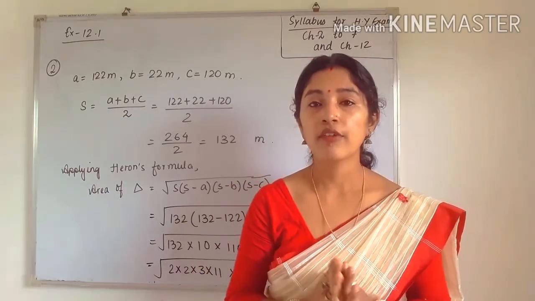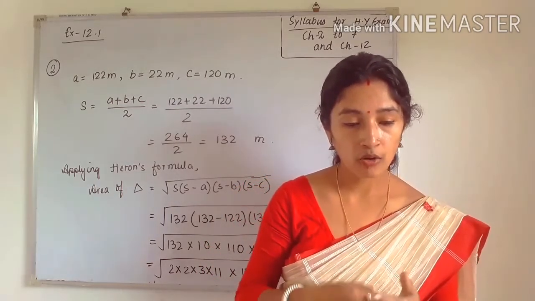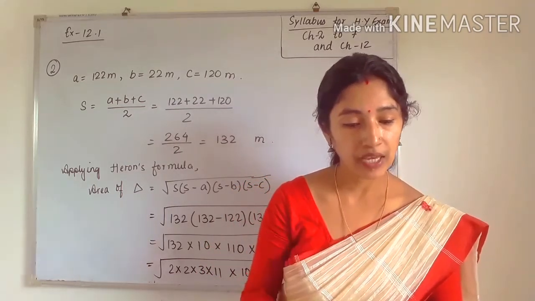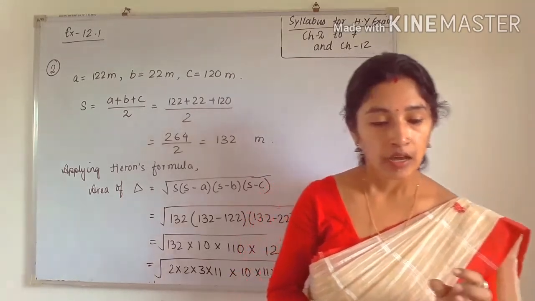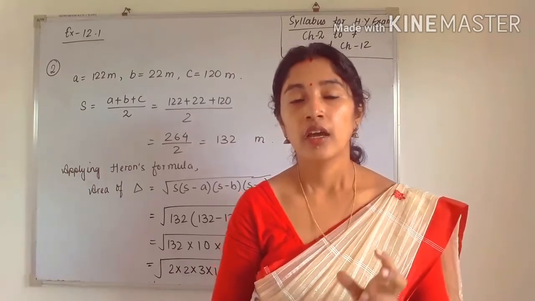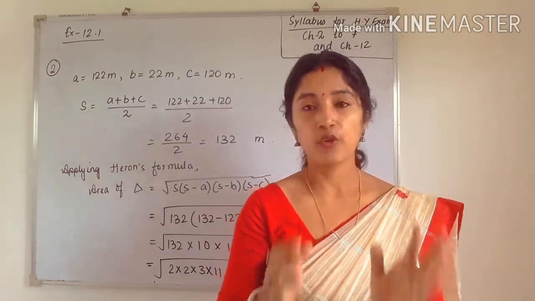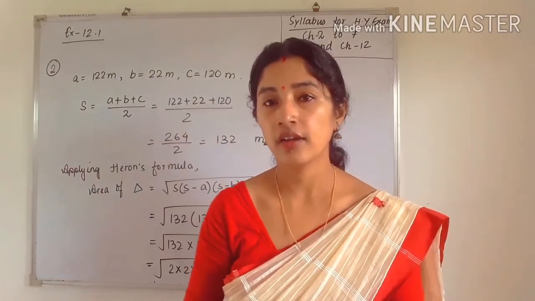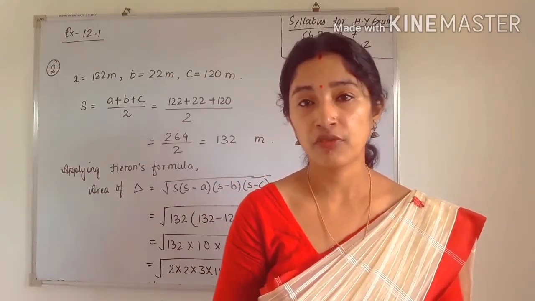But we have to find how much rent the company will pay for 3 months. If the wall is hired for 3 months, then how much rent does the company have to pay? So first of all we have to find the area of that triangle, because the side of the flyover is in the shape of a triangle.